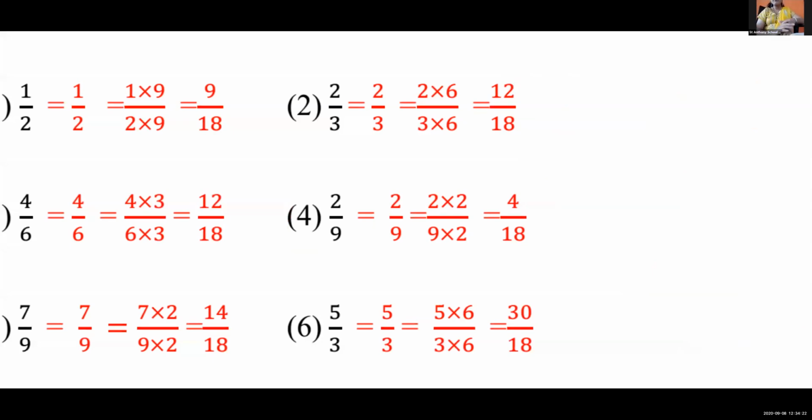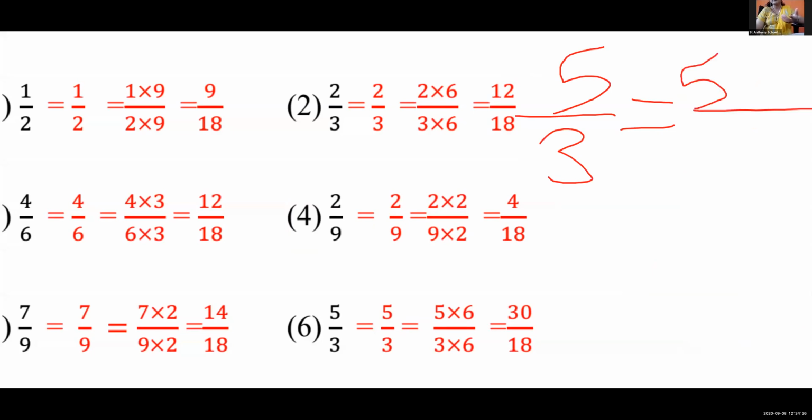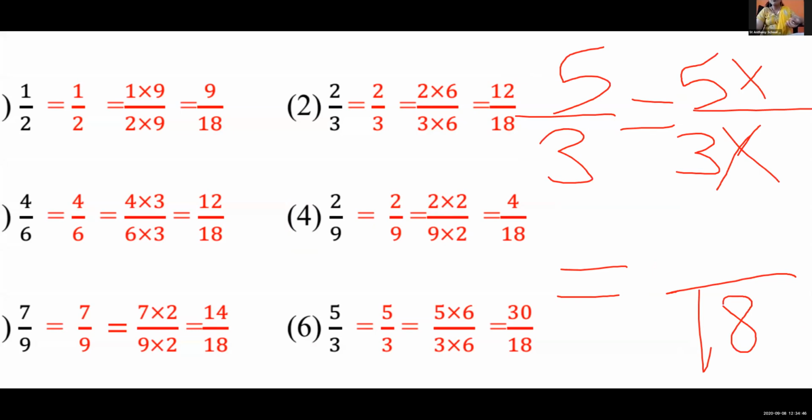Last example I am taking from this question number 2. 5/, will you stop typing, students? 5/3. Okay, again we'll give the equal sign. 5/3 we will write. Again the multiplication sign. Now in the denominator what do we want? 18. So again find out by which number you multiply 3 to get 18. So say the 3 times table. ऐसा नंबर ढूंढो कि जिससे आप 3 को मल्टीप्लाई करते हो तो उससे आपको 18 मिलेगा. I hope everyone knows the 3 times table.